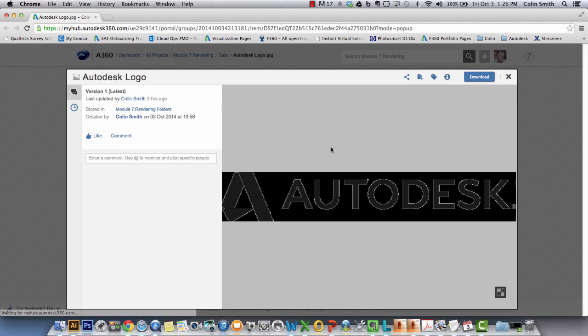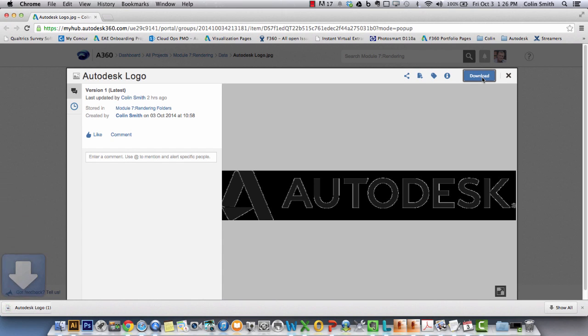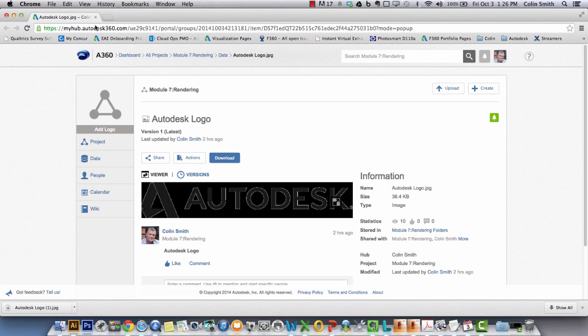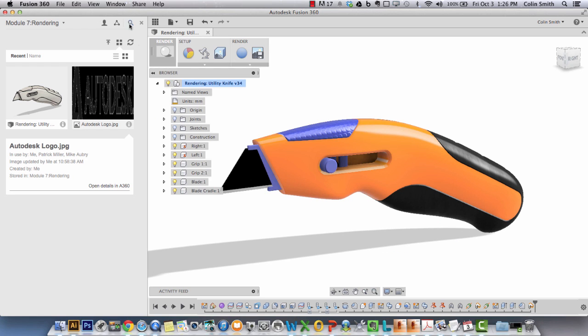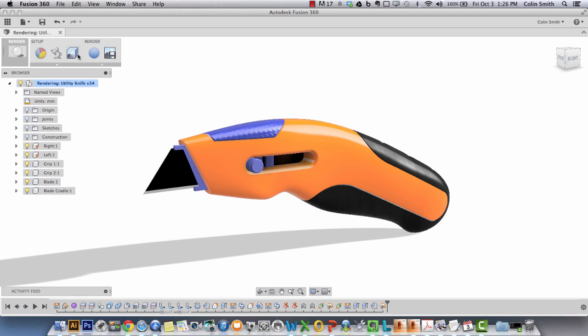and open up the details in the Fusion 360 data panel here. So here we're in A360 and it automatically comes up and I have the option here to download this image file. So I'm going to download that image file. So here it is, now downloaded. I'm going to close this again, and I'm going to close my data panel, and I'm going to go into